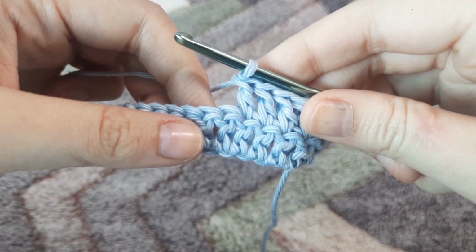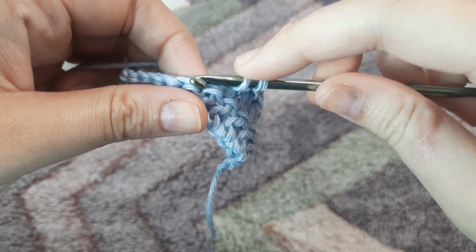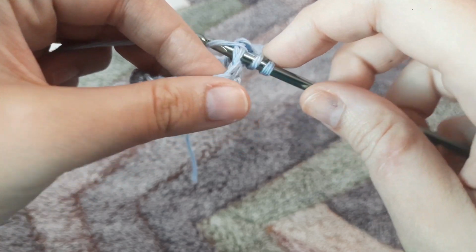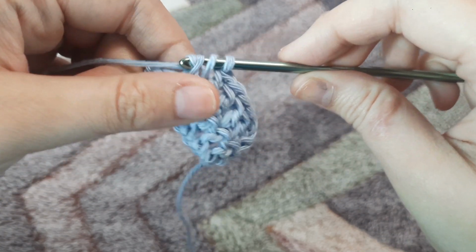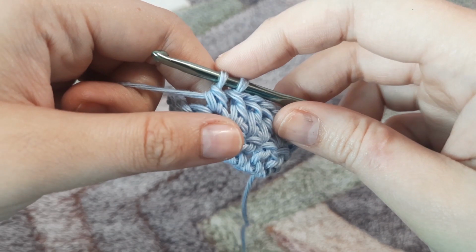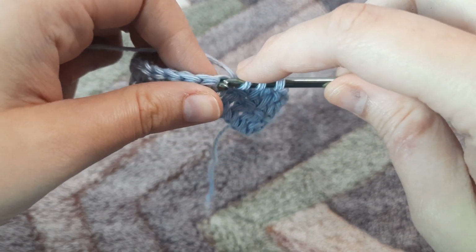Here I have already made a row of double crochets. And now we're going to yarn over, go into our next stitch, yarn over, pull through. Now we're going to yarn over and pull through 2 loops. We'll be left with 2 loops on a hook. And now we're going to yarn over, go into the next stitch,